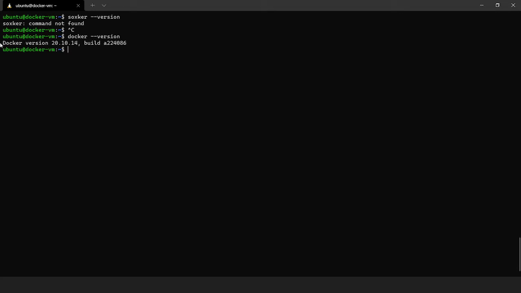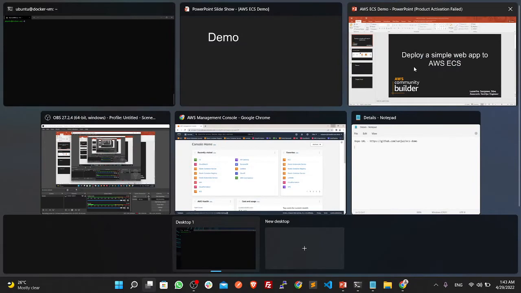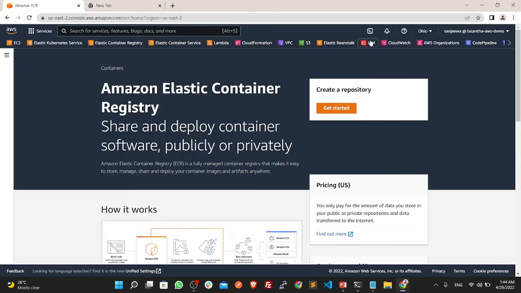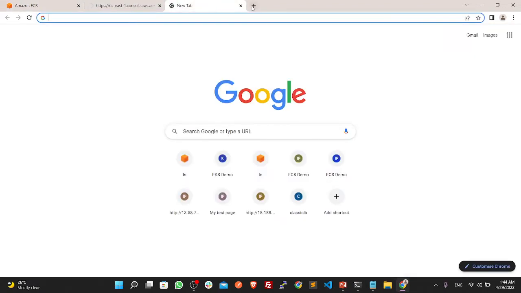We can see Docker is successfully installed. Next, we are going to create a user to push this repository. Next, going to the AWS Management Console. You can create an AWS account, you can create a free account or something, and I'm going to Elastic Container Registry. First of all, we want to create an IAM user, because this IAM user key is used to push this